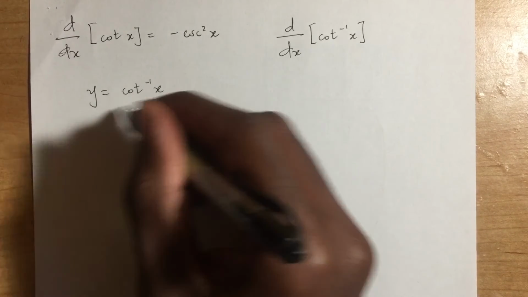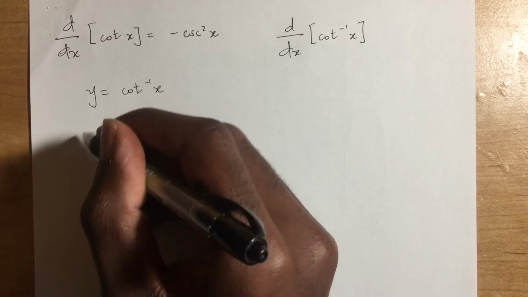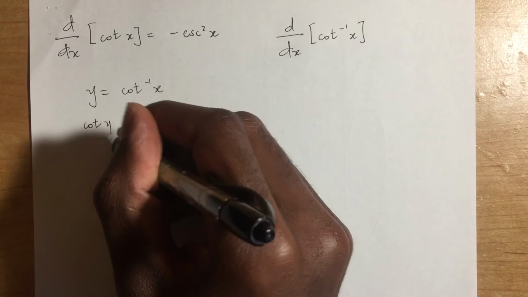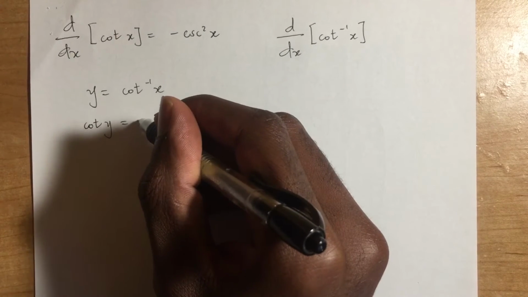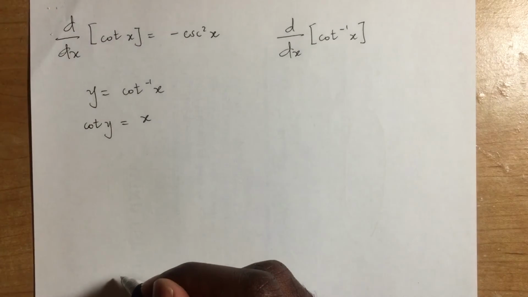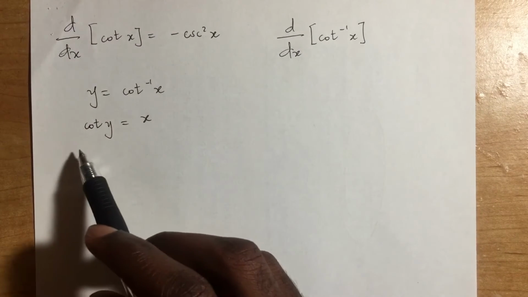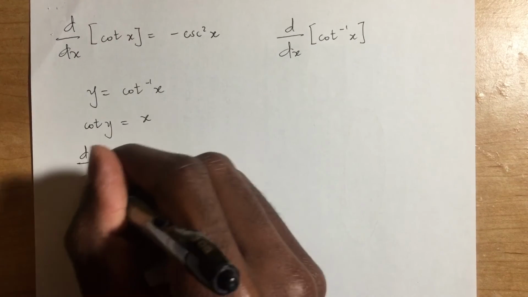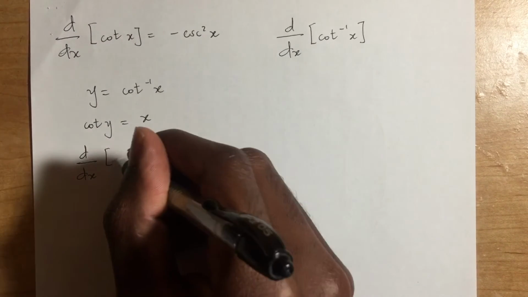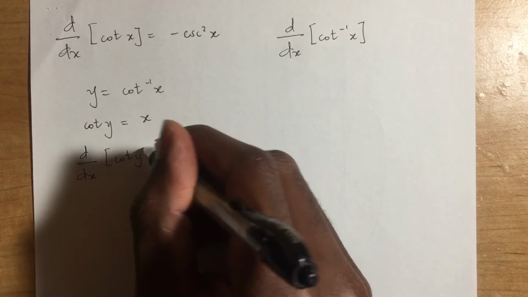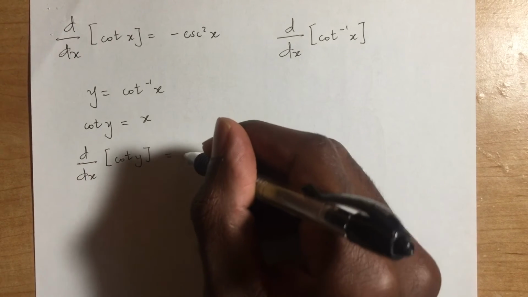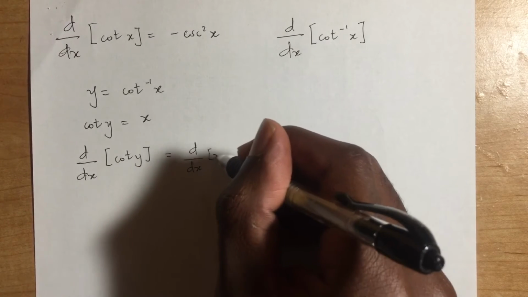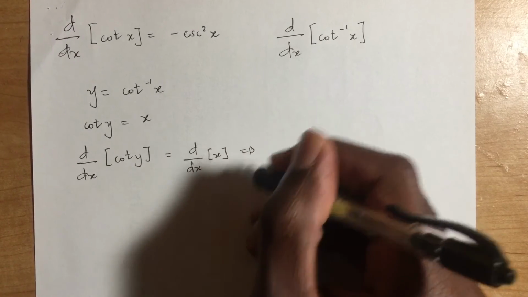If we place cotangent on both sides, we end up with cotangent of y equals x, all right? And then from here, if we do implicit differentiation, differentiating cotangent of y with respect to x, and differentiating x with respect to x as well, we are going to end up with